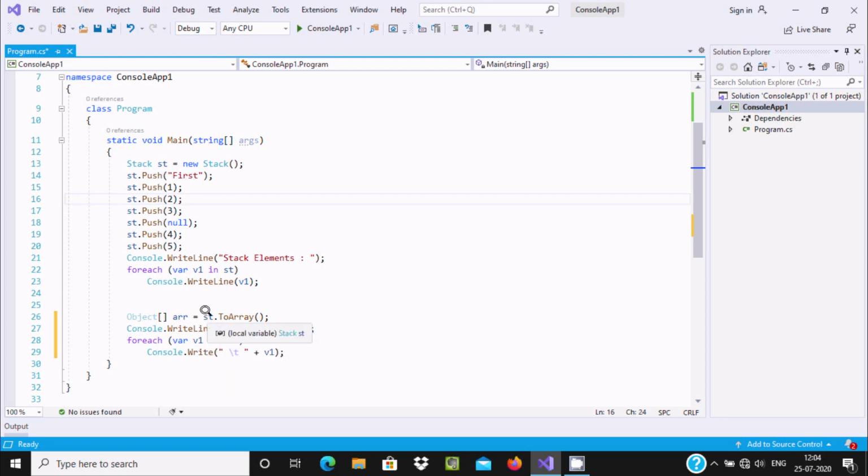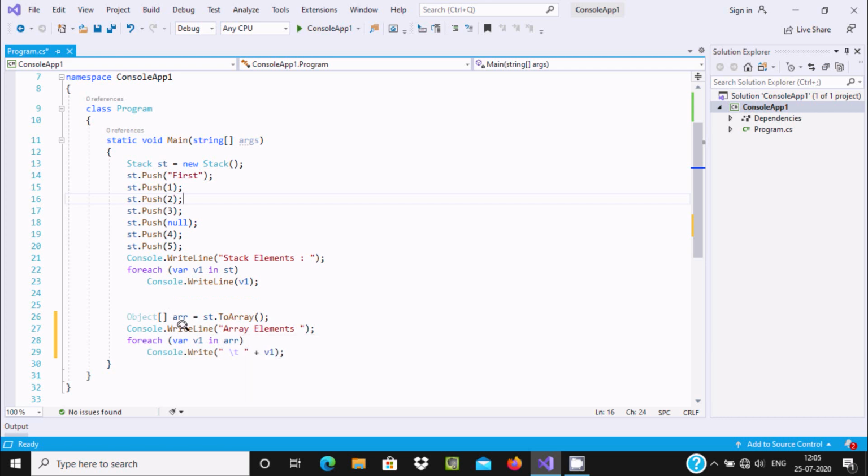Now st is the object of the Stack class. St calls the ToArray method. With the help of the ToArray method, it is used to copy a stack to a new array. Here a new array containing copies of the elements of the stack is created, and it stores the values into ARR.